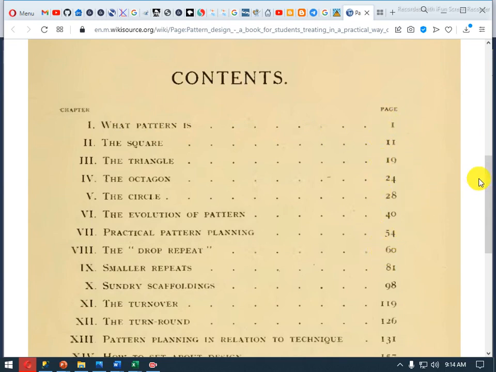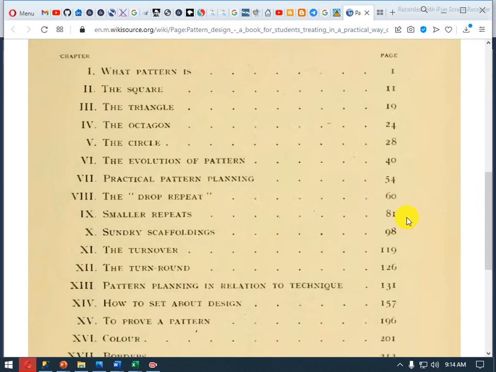Now if you want to know what chapter is on page 126, what chapter is on page 40, on page 19, page 24, I can very easily go here and identify the subject on a particular page. I can check this data page-wise, because here the data is arranged page-wise, not chapter-wise.